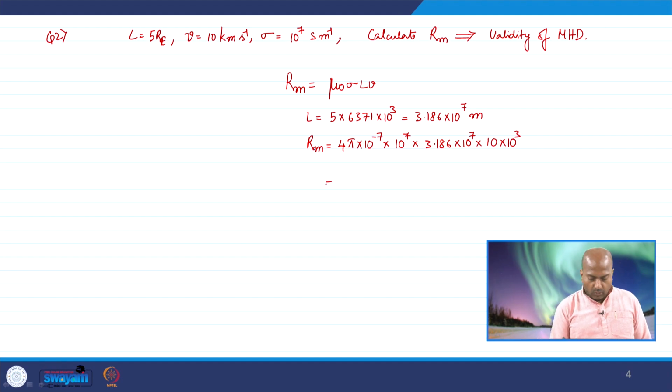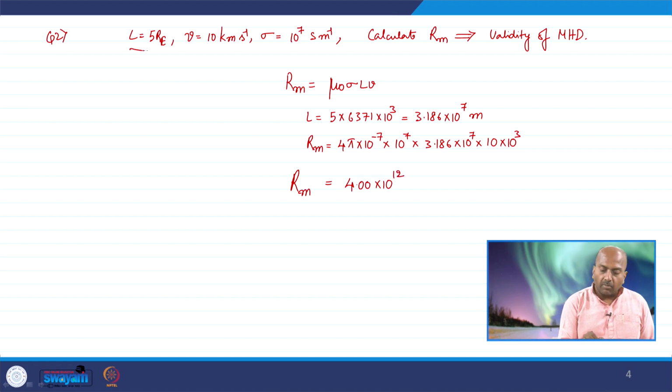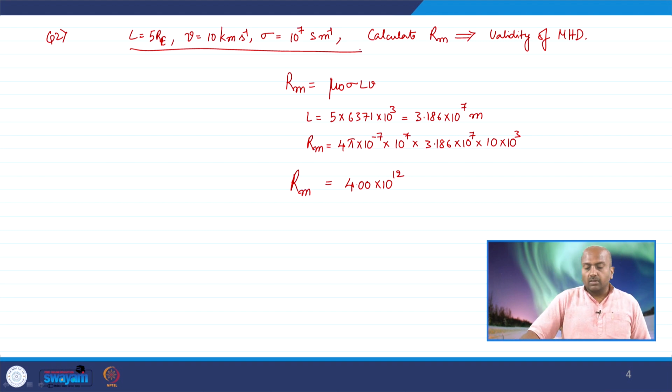Right. To do that, then you will get the value of Rm as 4.00 10 to the power of 12. Now, these values are indicating an environment in the magnetospheric flux tubes,